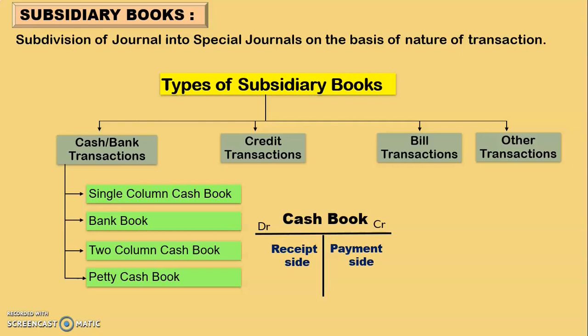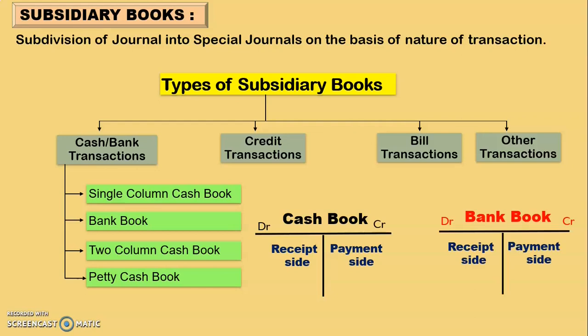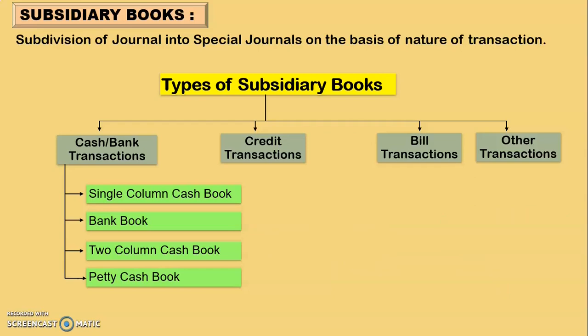Cash received on account of sale of goods or any income has to be recorded on the debit side, that is the receipt side. And when we make any payments for goods in cash or pay for any expenses, we record that on the payment side. Similarly, in case of bank book, if any amount is received by cheque, then that will be recorded on the receipt side of the bank book. And if any payment is made by cheque, then we record that on the credit side, that is our payment side. Now in the cash book,